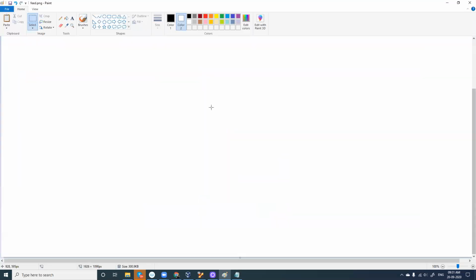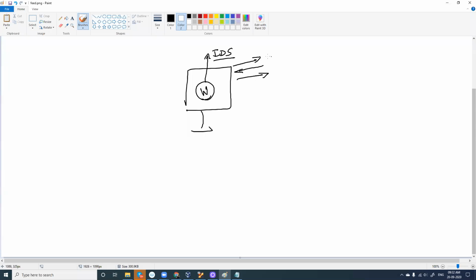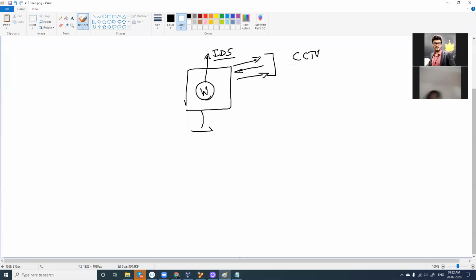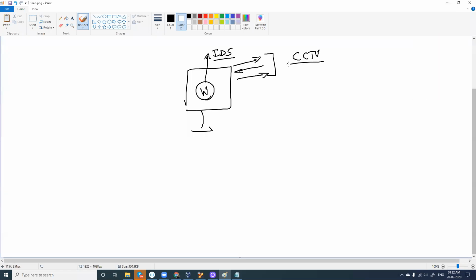Say, my computer here, and I have installed Wireshark. Yes, we have seen Wireshark. Wireshark is like IDS. It is not an intrusion detection system, but it can act like IDS. Why? Because it will show you what is happening, what packets you get, what packets you send. It will show you everything. But can Wireshark prevent any of these from happening? No. It is just like a CCTV camera which records everything. After recording, you can make use of the data. That's it. It can only detect.